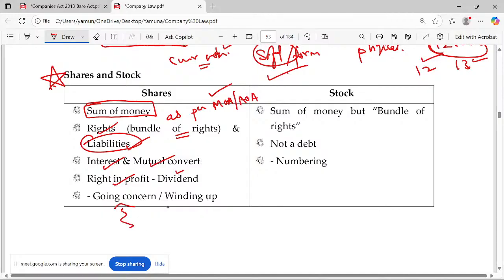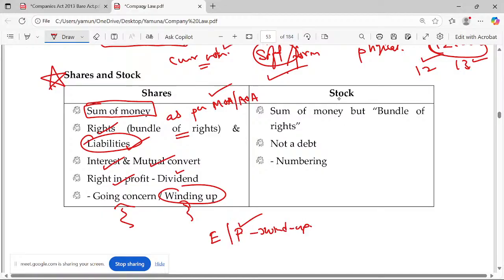and we'll follow the going concern and winding up concept. What do you mean by winding up? Once my company winds up, then automatically what are the things I am having interest in as a shareholder? I'll get it. Again, it comes here whether you are an equity shareholder or a preference shareholder. A preference shareholder, as per the definition, gets the preference. Preference when? During the winding up.